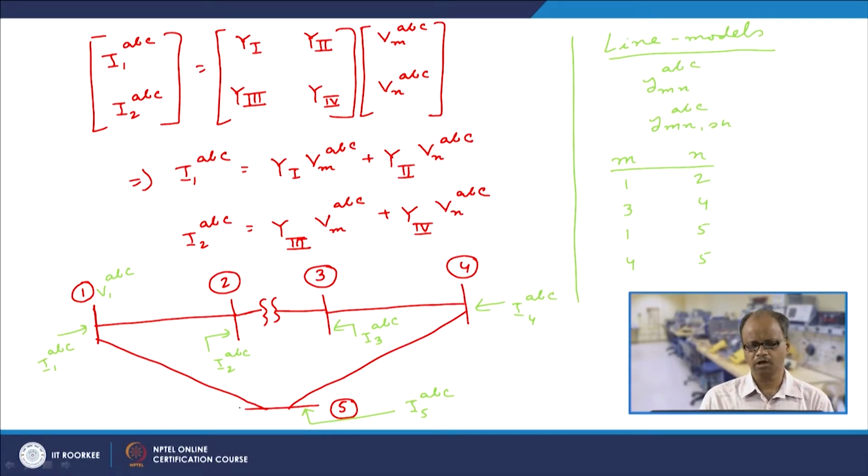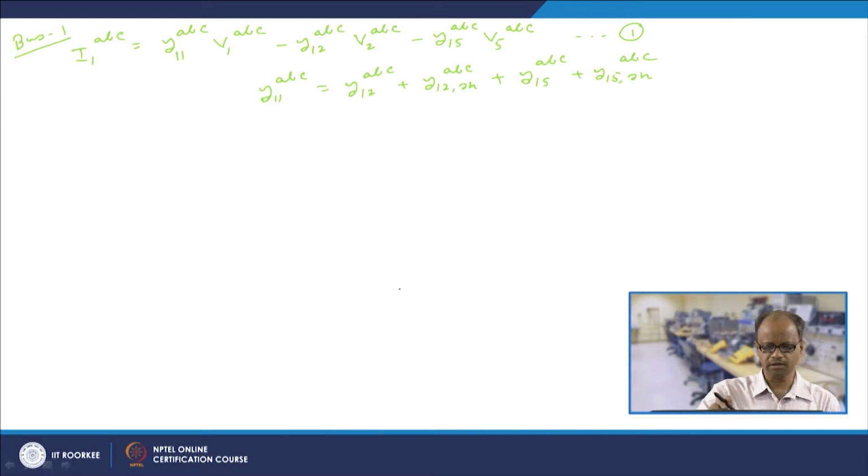We have also earlier shown that any 3-phase unbalanced transformer having any kind of transformer connection can be modeled by this kind of equation: I1 ABC, I2 ABC is equal to this Y1, Y2, Y3, Y4 into Vm ABC and Vn ABC. We have also indicated what those currents I1, I2 are as well as what those voltages Vm and Vn are. So, now today we would be continuing from this,